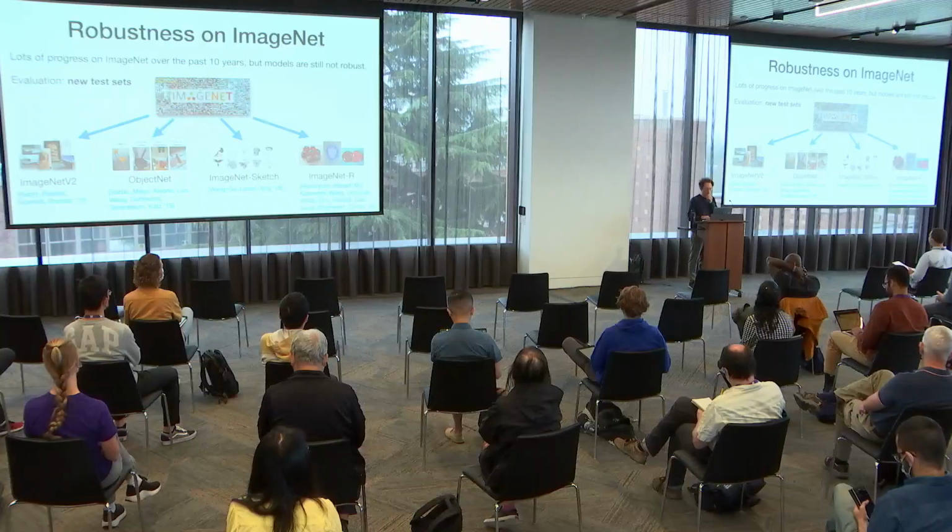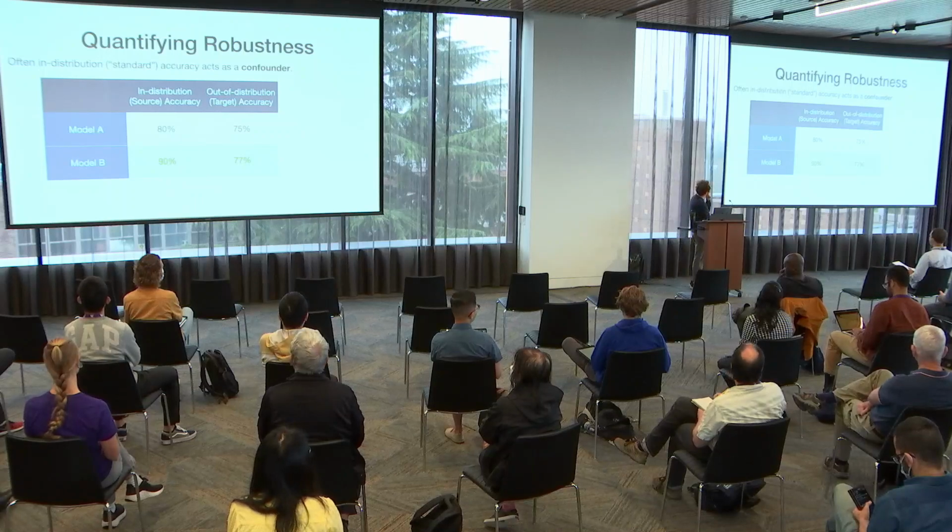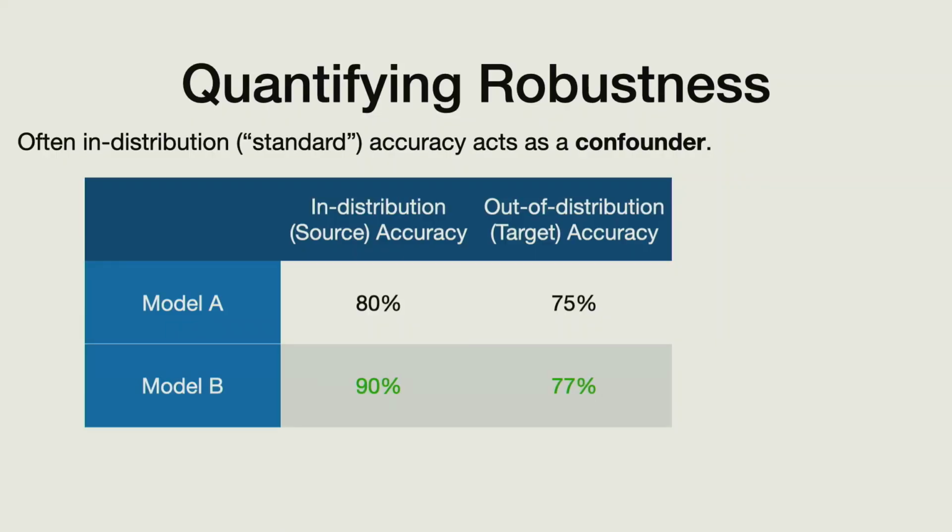Before we look at results, we quickly need to talk about how we are going to measure robustness. The problem with comparing lots of models on ImageNet from the robustness perspective sometimes is that standard in-distribution accuracy can often be a confounder. People have done so much work on ImageNet that these models often differ in how well they do just in distribution. So in order to understand their robustness, we need to not just look at the absolute accuracy numbers, but at differences.